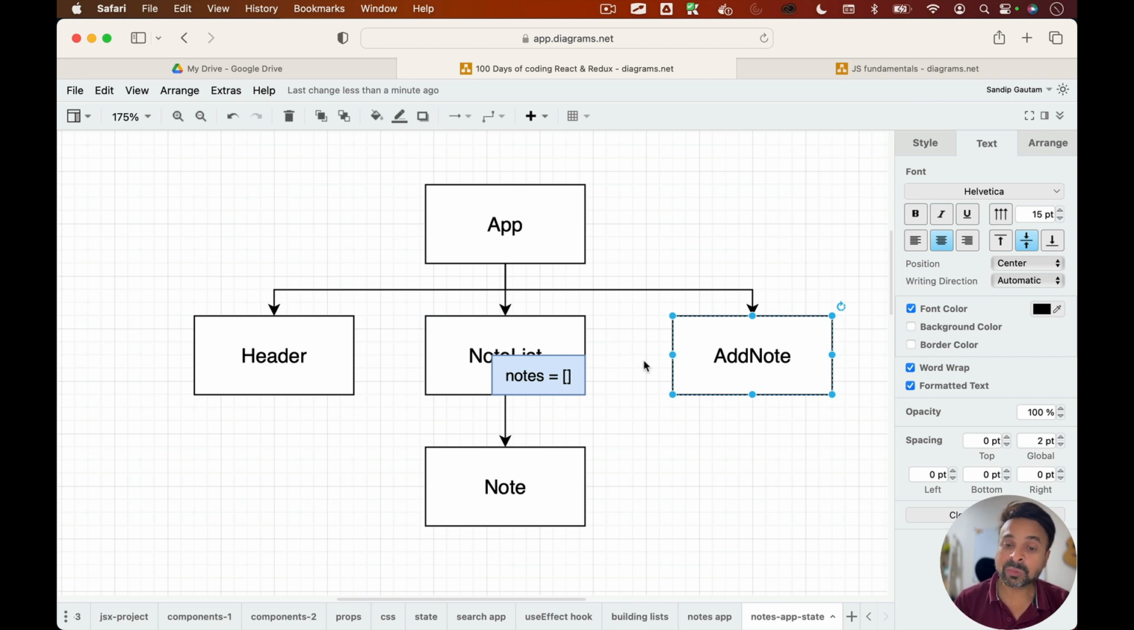It's a good idea to manage the state that is required by both child components by putting it into the parent. So it's a good idea to put our nodes state inside app. App is going to pass these nodes to our node list component, which is going to